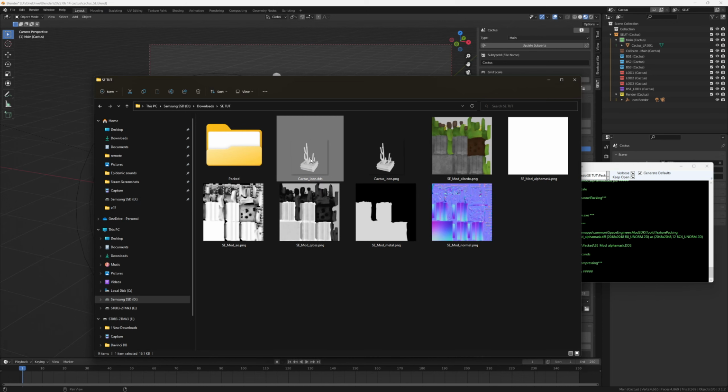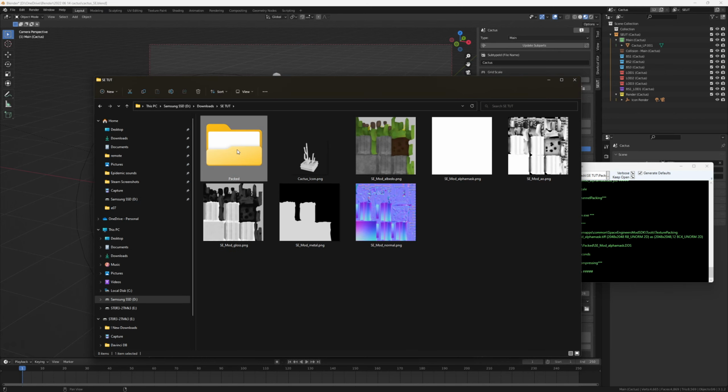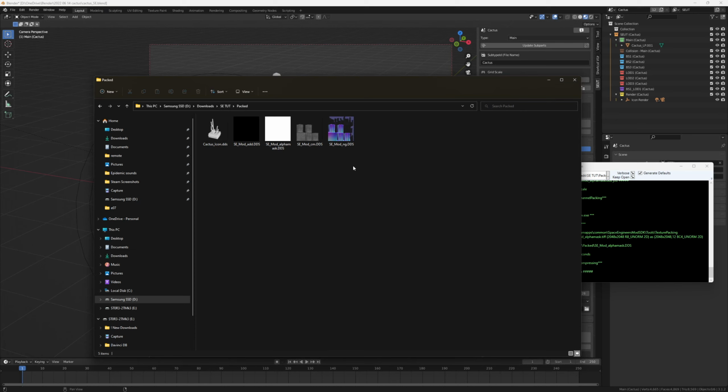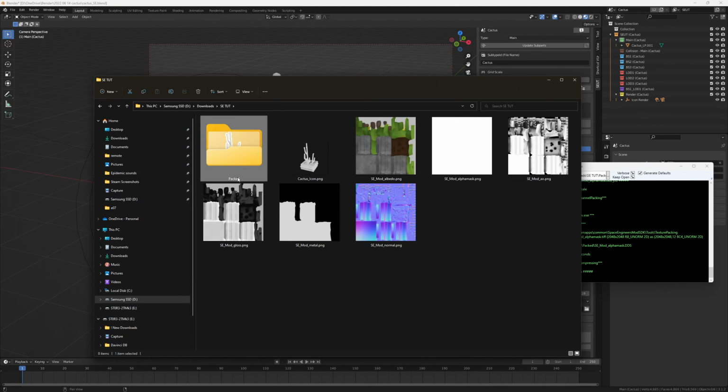And now you have your DDS file. This will be the icon for your model in game. You can actually move this along with the other packed textures as well, and these will be all your textures in game. One more thing we need to do, instead of packed, I need to rename this to